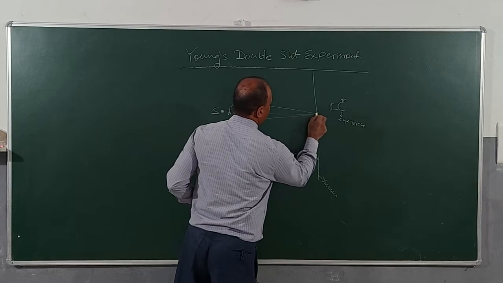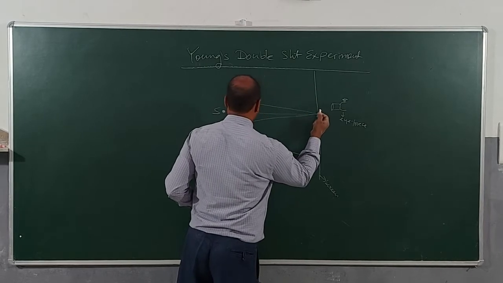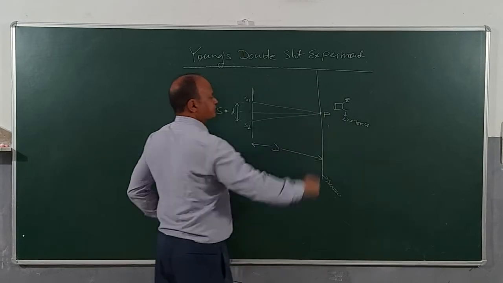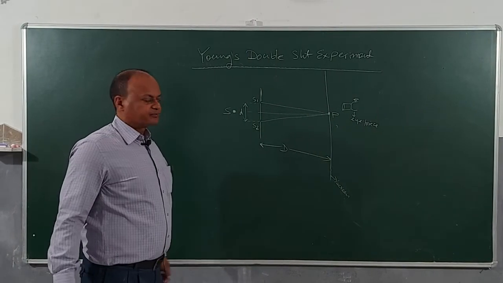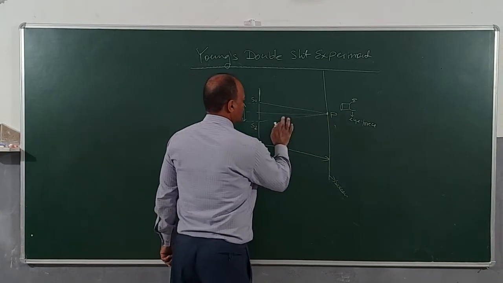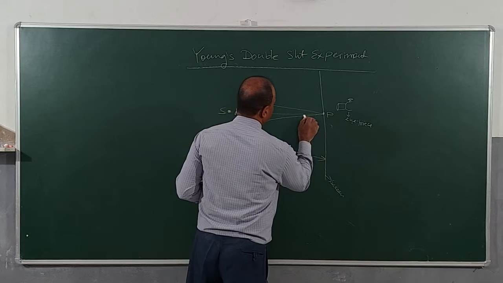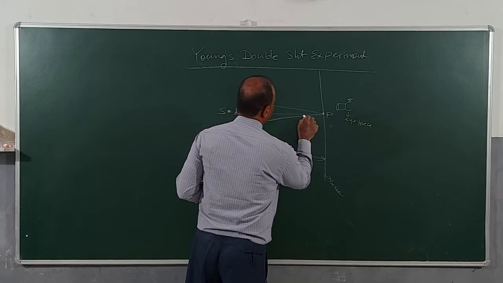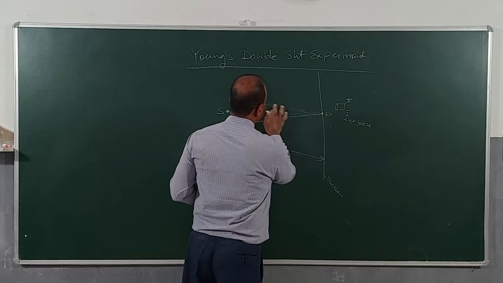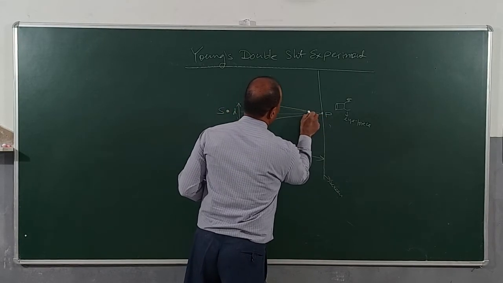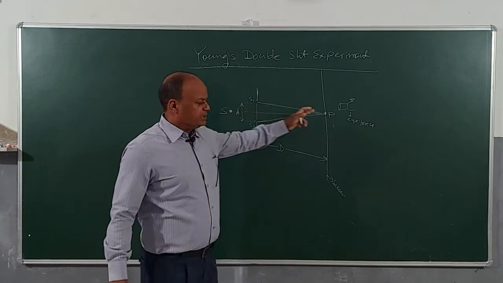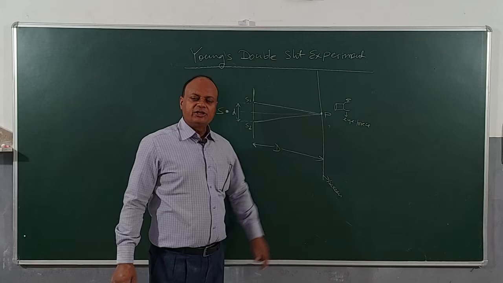I join this to see what is happening actually. Suppose this point is, let us call it P. So, what we will find is that if I use simple geometry, then I will find the length of S1P is equal to length of S2P,